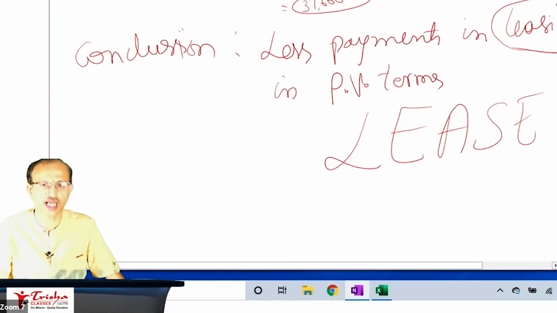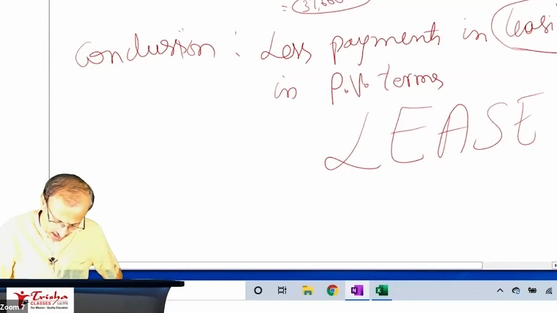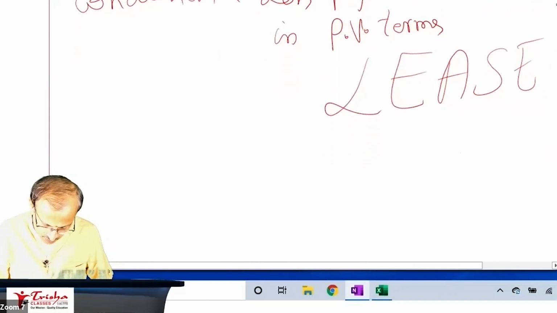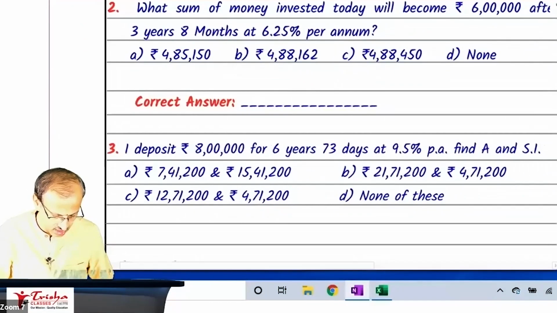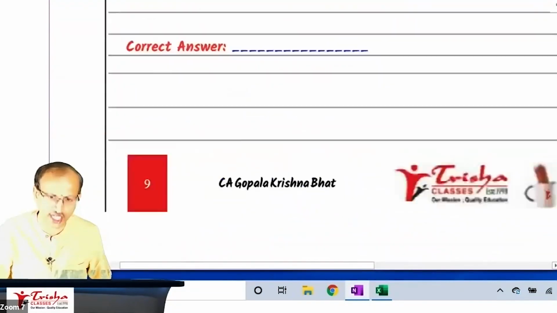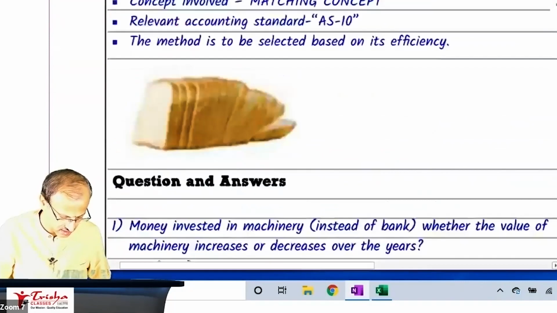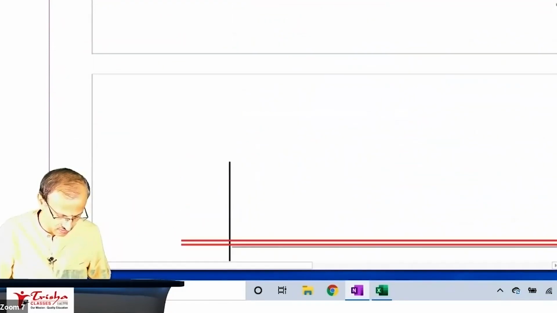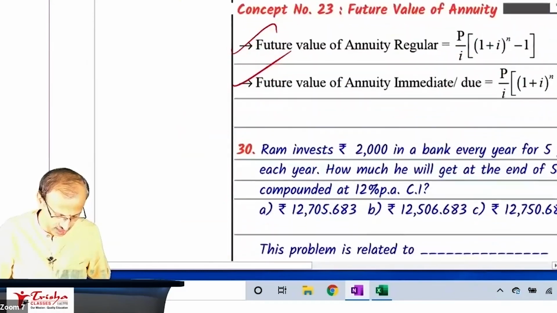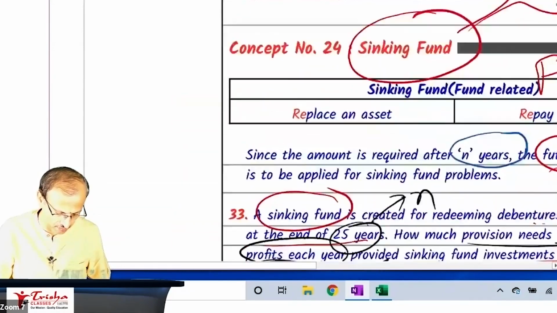Okay, that's all, and I hope all of you understood the discussion. Tomorrow I'll come out with more problems, and tomorrow is the last session of your time value of money. I request all of you to go for one more problem in this. Similar, you have one more problem. All of you have to work and come. That problem is again on leasing. Once you work that out, I'll be able to discuss the next continuing problems here.